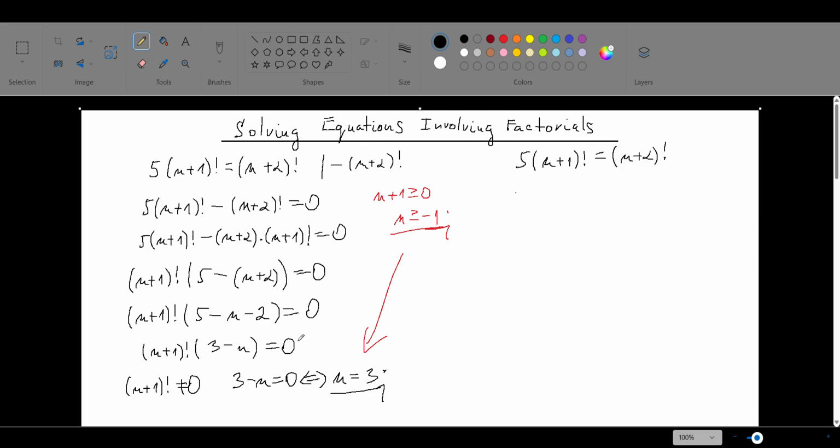Some of you might think about taking this approach. (n+2)! can be expressed as (n+2) times (n+1)!, and now you would probably think about dividing both sides or multiplying by the fraction 1 over (n+1)!, but this is a little bit tricky, and you really should know what you are doing and why this operation is allowed,